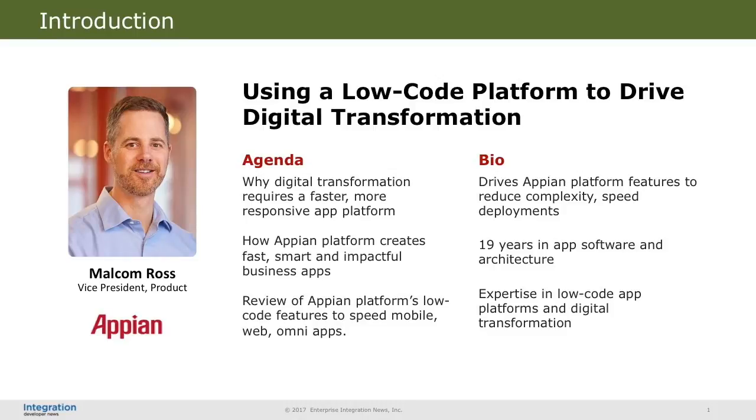In his session, he brings all that expertise together in using a low-code platform to drive digital transformation. We'll learn about how the evolution in today's digital transformation is requiring faster and more responsive agile app platform power, and how the Appian platform provides some quick ways to create fast, smart, and impactful business apps. And we'll even get a great drill-down demo into some of the newest features of the Appian platform.